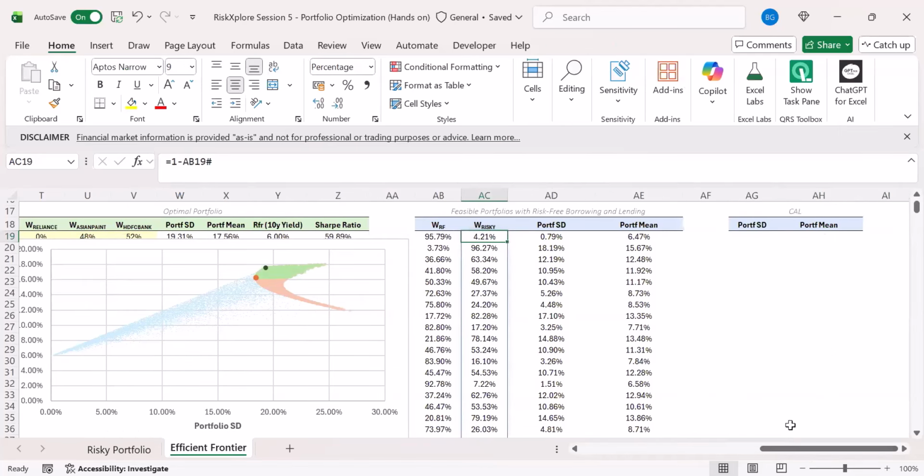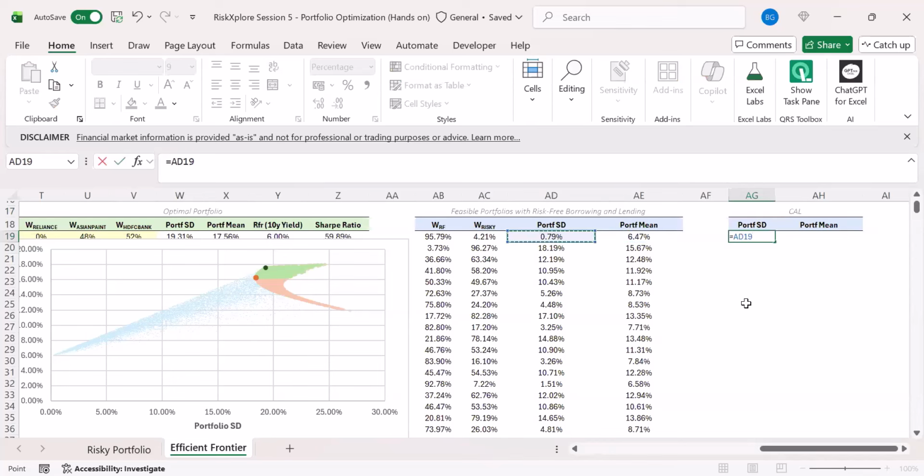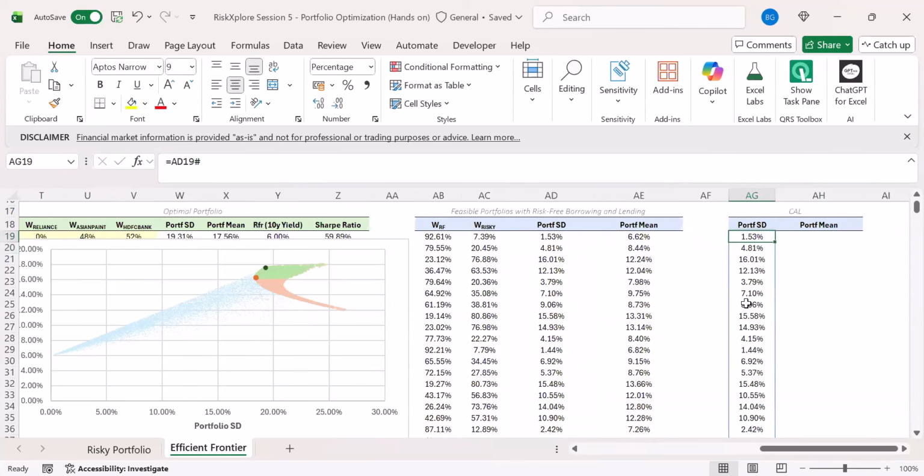So what we can do is we can find out a line and plot that here such that it is tangent to this optimal portfolio, which we can observe through the chart as well here. So let's plot that here. So what will be the SD of that line? It will be same SD here. SD we will keep it same. Now to get the portfolio mean,